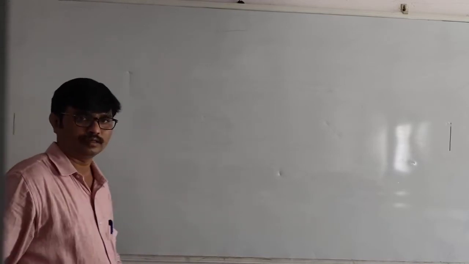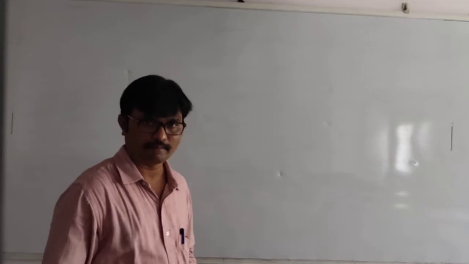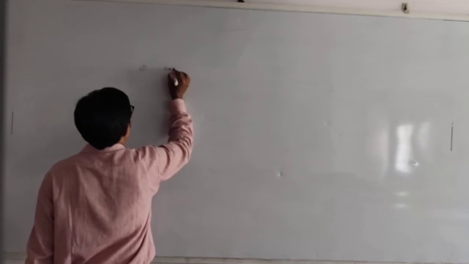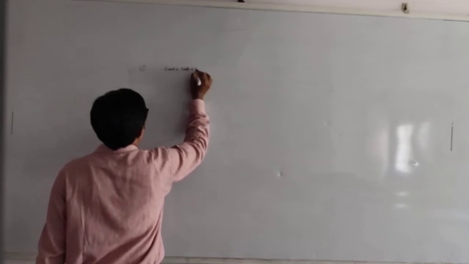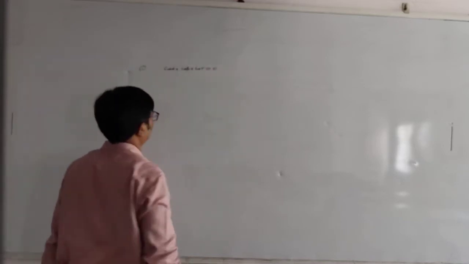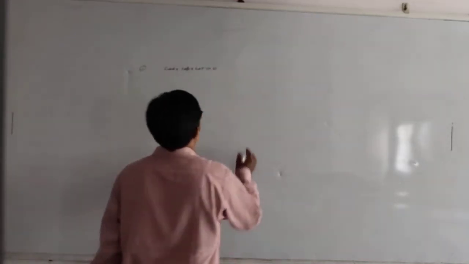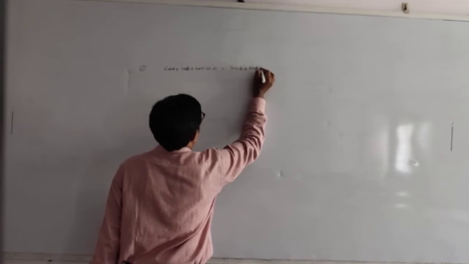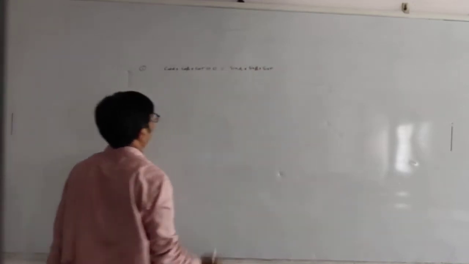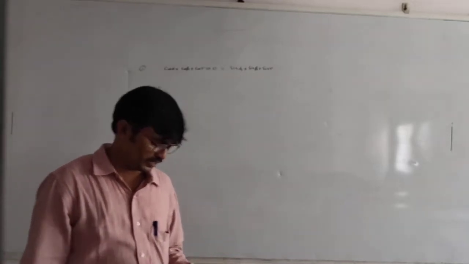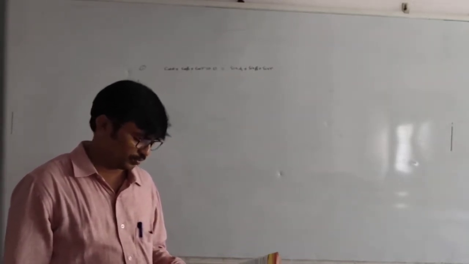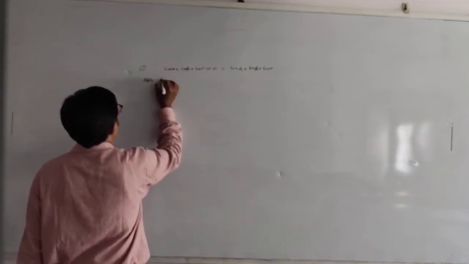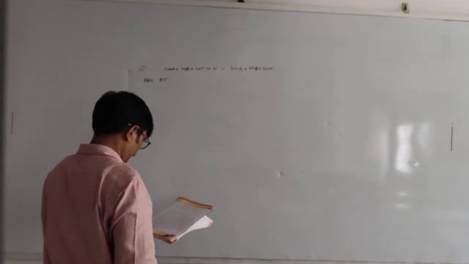Now students, this is a very important question. If cos alpha plus cos beta plus cos gamma equals 0, and sin alpha plus sin beta plus sin gamma equals 0, then prove that the first question,